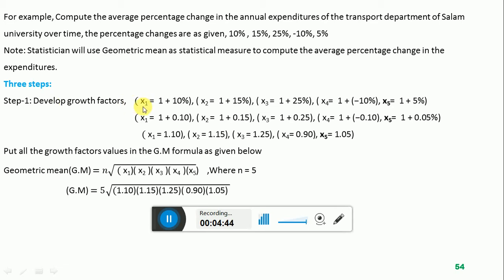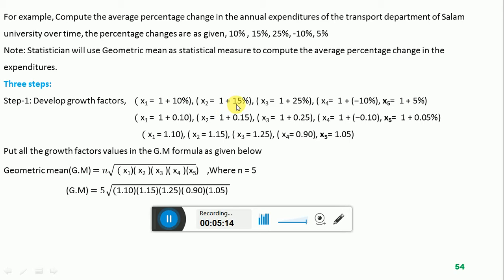I am using x1 as a symbol to represent the first data item. The first data item of the data set is a 10% increase in annual expenditures. So to define the growth factor, the statistician has to add simply 1 to this percentage change. So x1 is equal to 1 plus 10%. This is the first growth factor. X2 defines the second data item; simply by adding 1 to develop the growth factor,